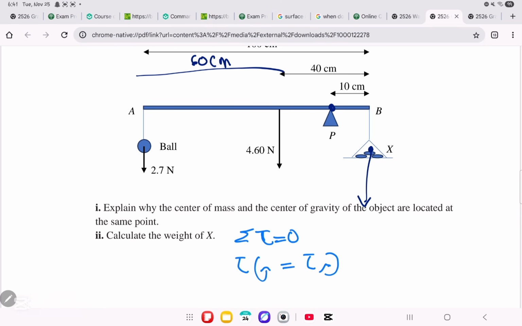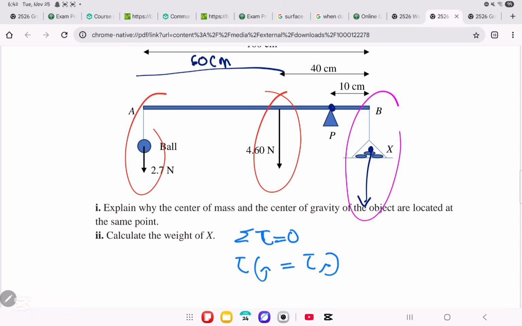So now what do we need to do? We need to identify which is the clockwise and which is the counterclockwise. If I do that, I will see that my clockwise, according to the right-hand rule, is this, and my counterclockwise, according to the right-hand rule, is this. So what does this mean? This means the torque of the clockwise is equal to the torque of the counterclockwise. What's the torque of my clockwise? It's the weight of X multiplied by the perpendicular distance from the pivot, which is 10 centimeters. It's equal to